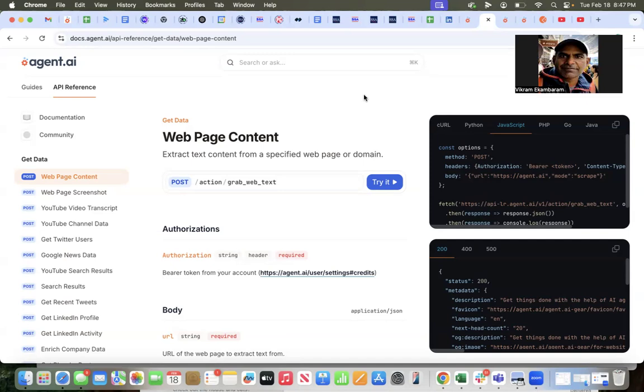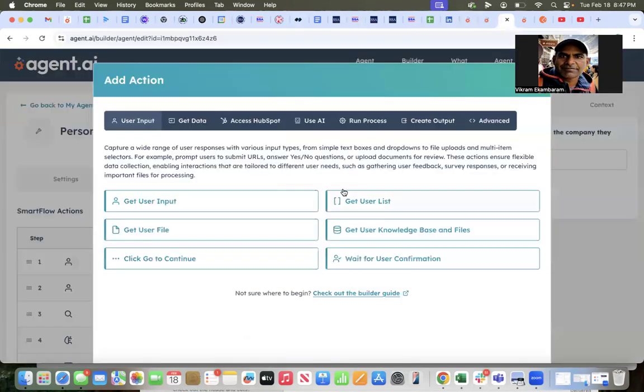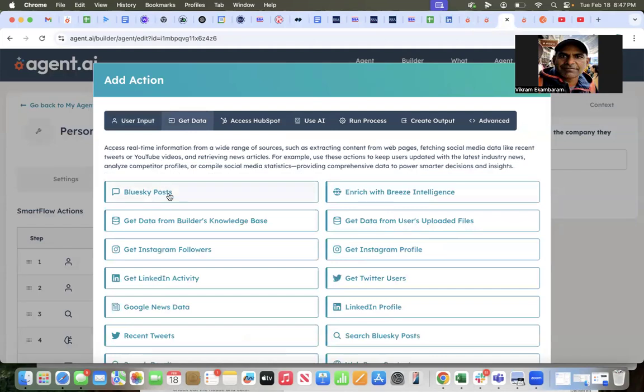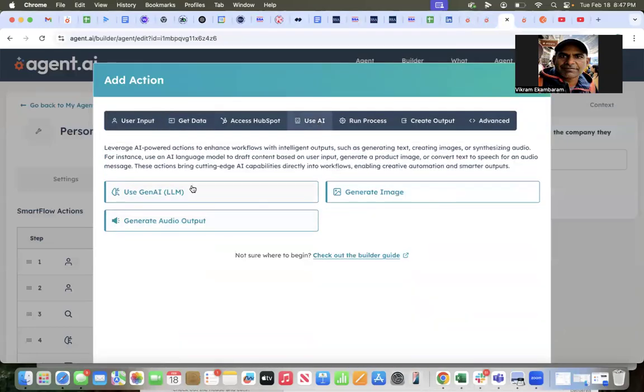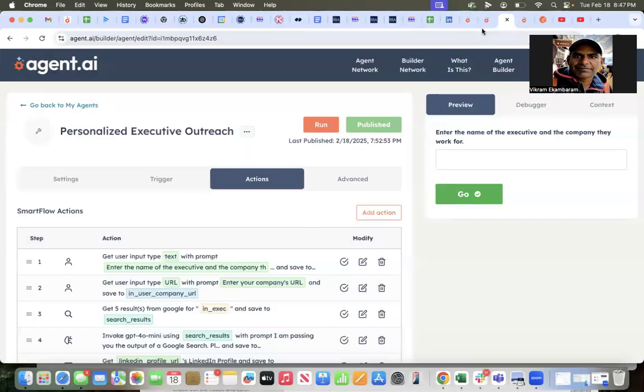What Agent.AI has now done is they've exposed every action within Agent.AI as its own web API that you can call. And so what it means is that every action that is there in Agent AI, and so if I go into a particular agent, I want to add an action. So if I wanted to get Blue Sky posts, or I want to get Instagram followers, LinkedIn activity, Twitter, all of these things that help get data, or if I want to use AI to call an LLM, generate an image, generate audio output, every one of these little actions are now exposed as an